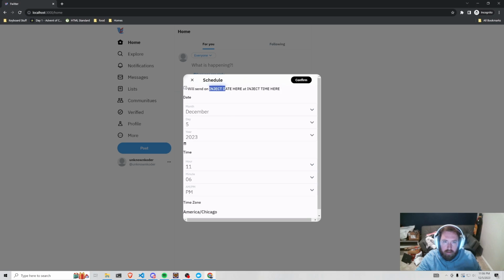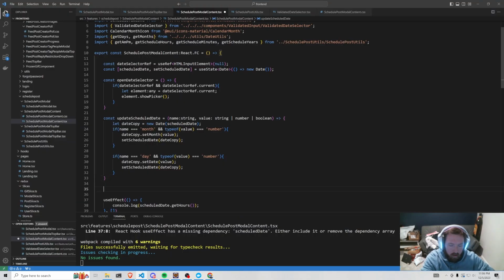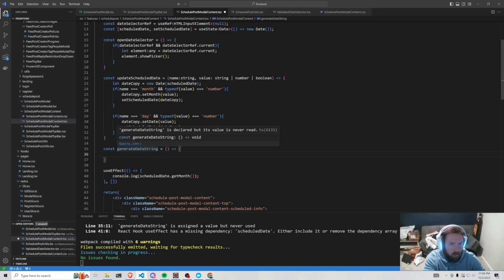And then here we need to set this up. And this is actually pretty simple, I believe. So let's say, and how do we want to do this? I think it would probably be best just to do this const generateDateString. The AM PM thing will be a little bit funky. We'll see. Although it might be kind of easy. So generate date string. We'll do this. So the date string. So we'll say return. Actually say const